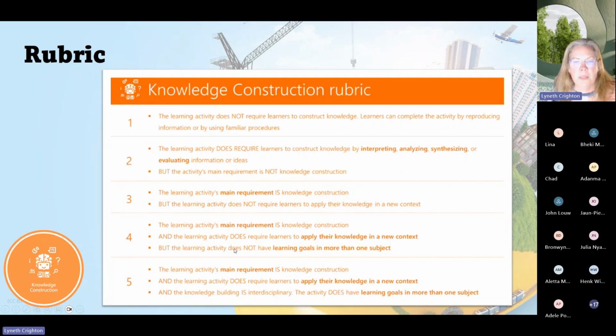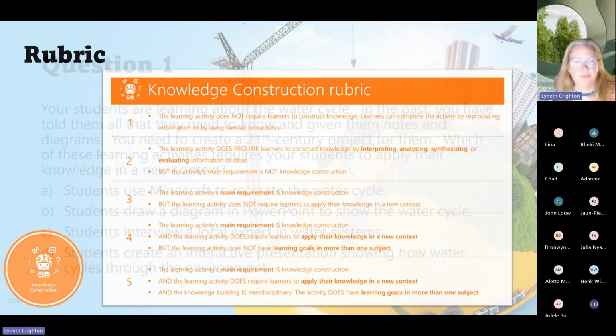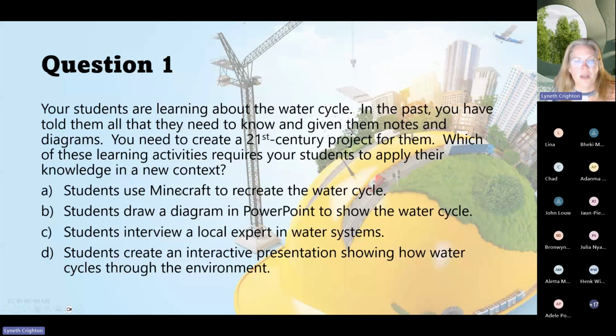is a level 4, or obviously 5 if it was interdisciplinary. So the students use Minecraft to recreate the water cycle. They draw a diagram in PowerPoint to show the water cycle. They interview a local expert in water systems, and they create an interactive presentation showing how water cycles through the